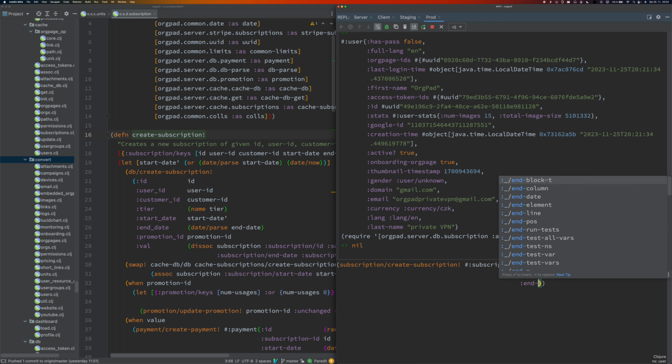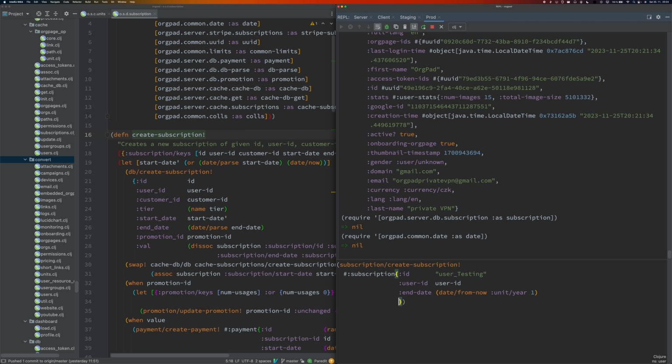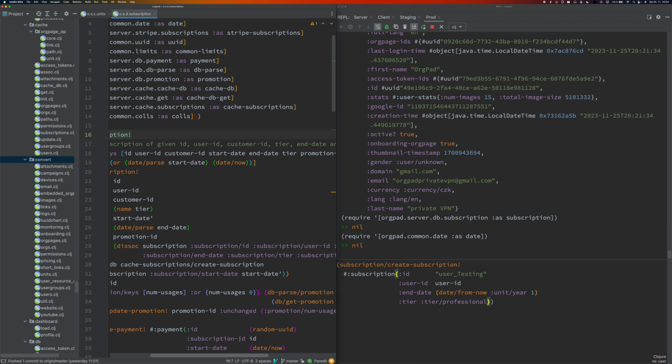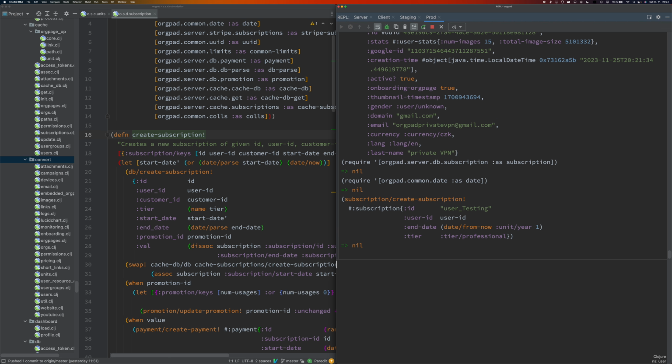There is the end date. Say it will be a yearly subscription, so 1 year from now. Let me reformat it here. Tier is, say, professional, and that's probably it. Normally I would also set the amount which was transferred, but in this case I don't want to have it in our accounting. Okay, so let's do it like this.